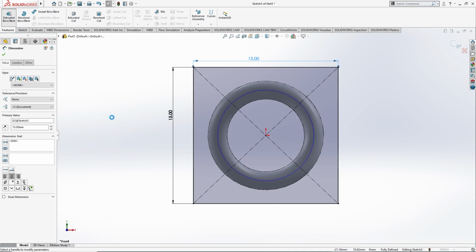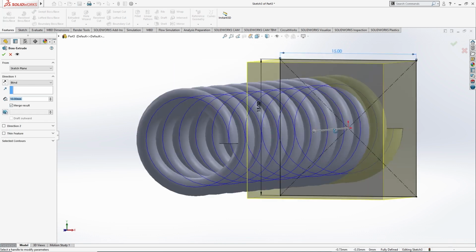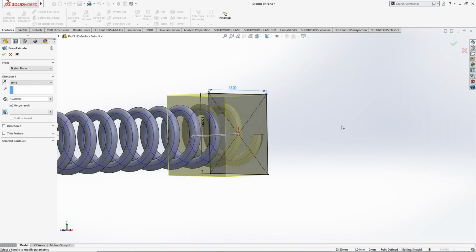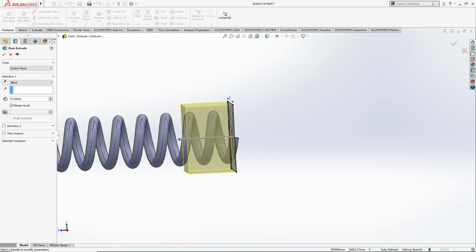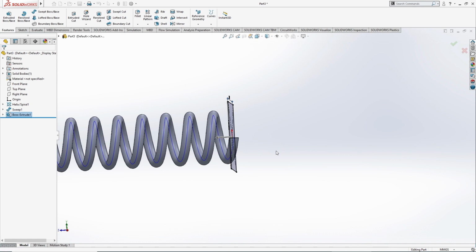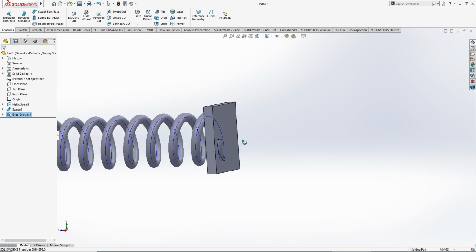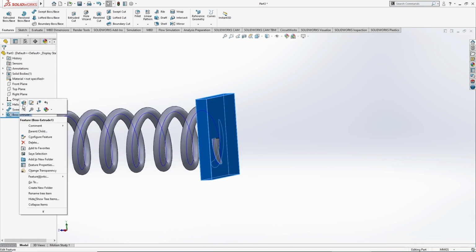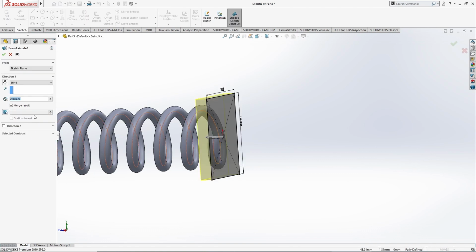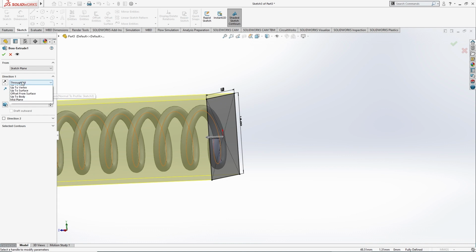Extrude this feature, not 10, maybe 2, better. It will take time. So we have to make it up to the mid plane.